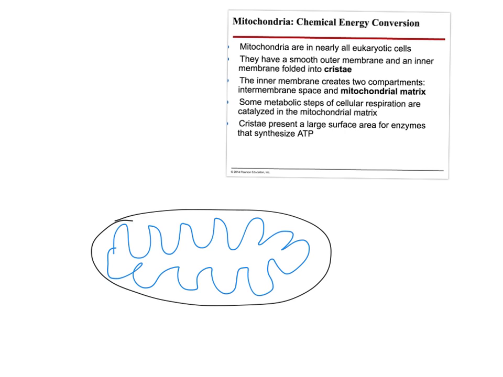Right? The inner membrane makes two compartments. The intermembrane space. So this space right in here, that's your intermembrane space. Okay? So there's different parts of this mitochondria. This is very important when we talk about cellular respiration. When we talk about how the mitochondria produce energy, this is the place that we're going to look. We're going to know the inner membrane in blue, the outer membrane in black, and the space in between them